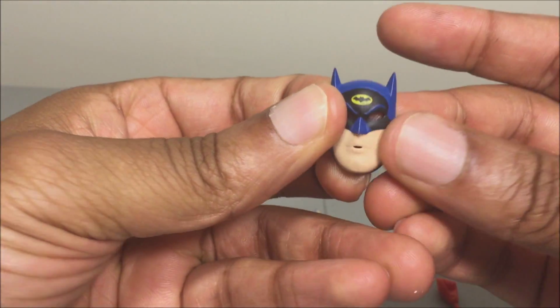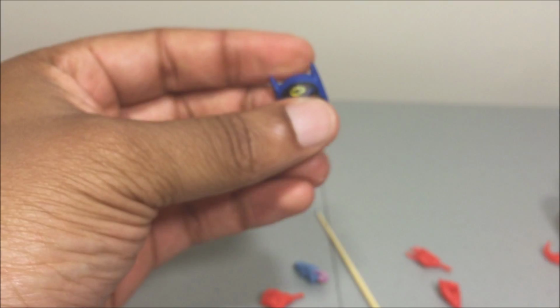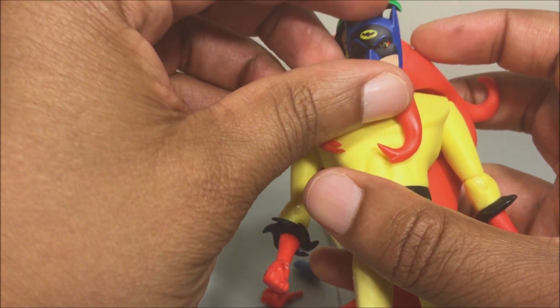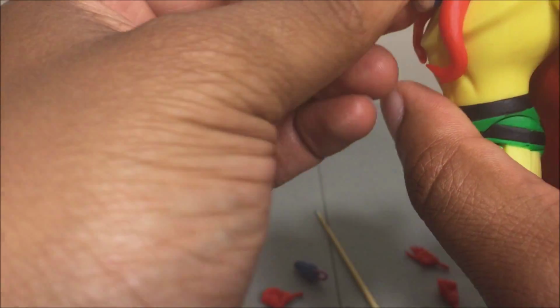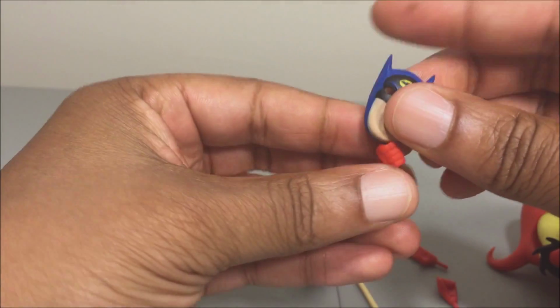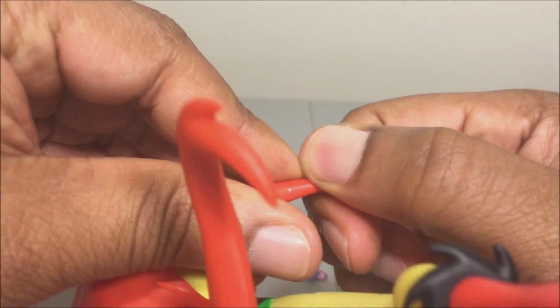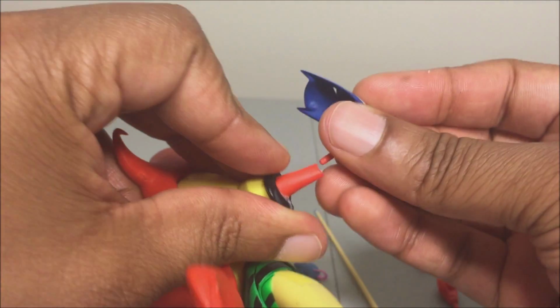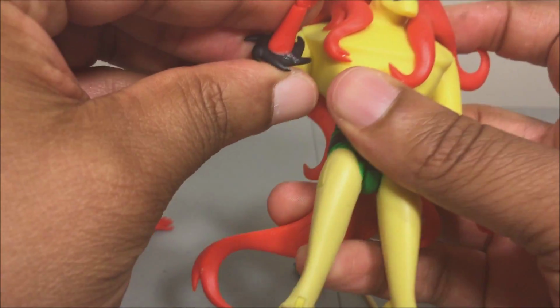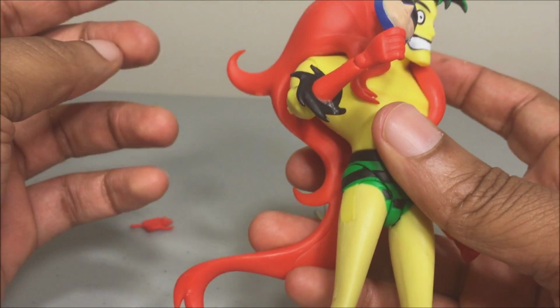The Batman mask looks okay. It's for a mask, like a mask. I don't know, you can put it on him because he does hold it to his face in the episode. So no, you can't put it on him. His hair's in the way. But you probably can't use the grabbing hands. Like this, and let's see what we can do. Pull this wrist out, put this one in, and you probably can't have him hold it up to his face. I know you can't because they're limited articulation. So yeah,